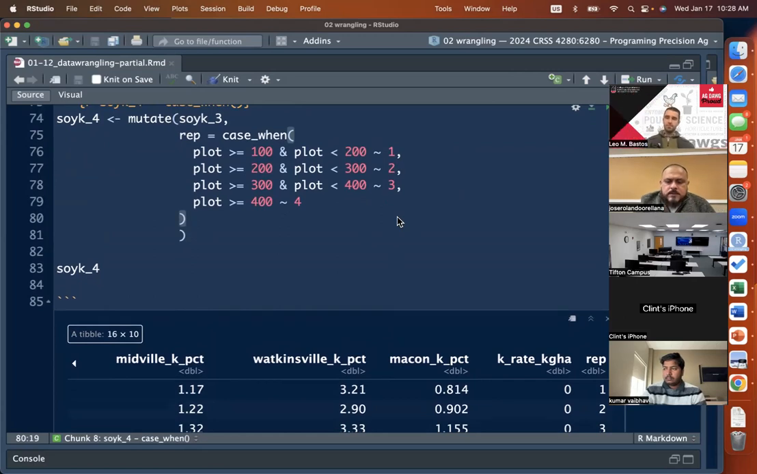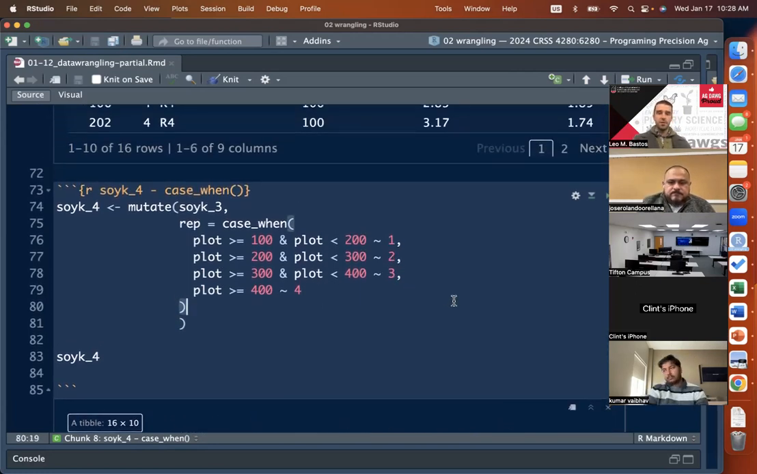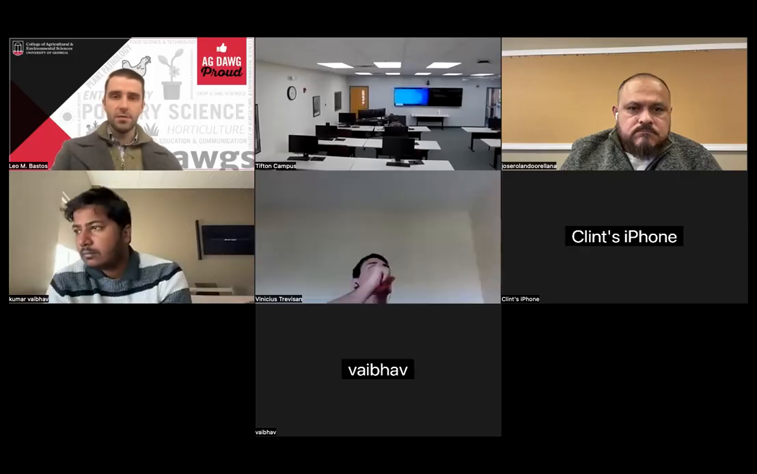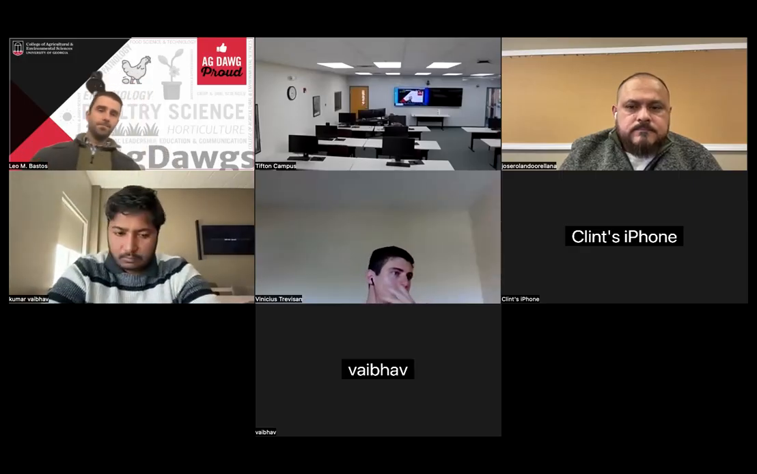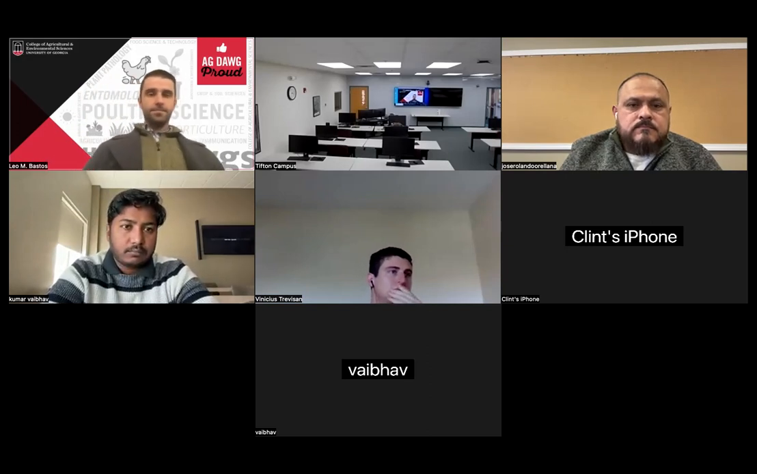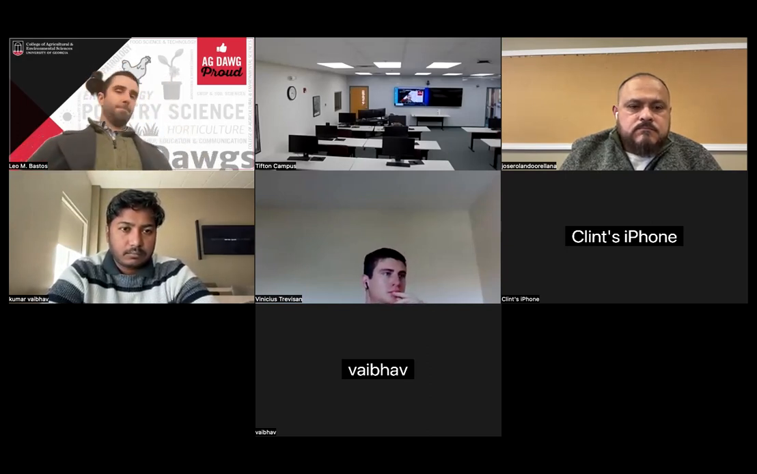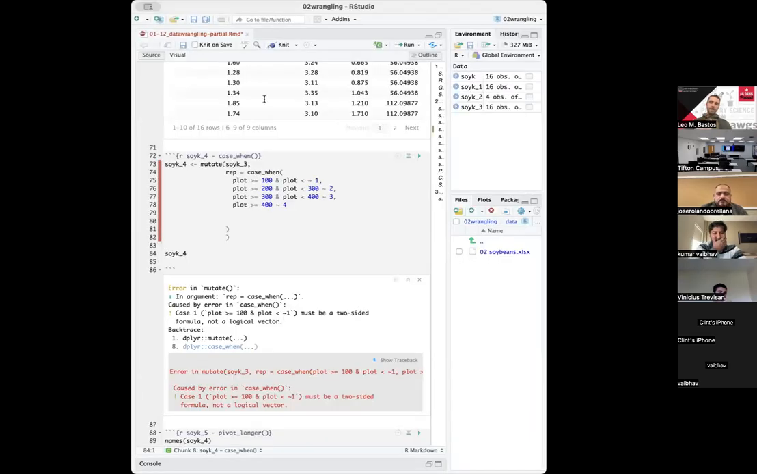Were you able to find it? It says error in mutate soik3, rep equal case. Okay, caused by error in case. Let me stop sharing, because maybe you have an error lingering from above in your code. So let me stop sharing, then you can share yours and we can go through it together. Can you see it? Yeah. Okay, so